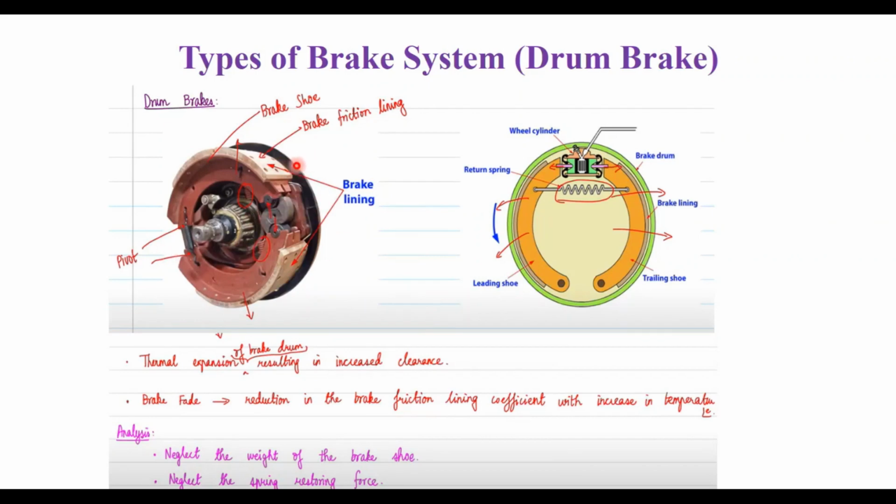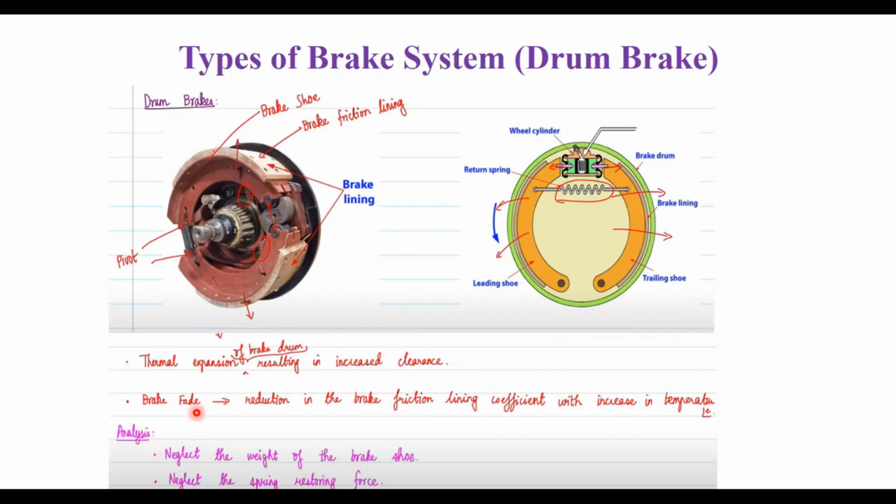Outside is the brake drum, and this is the leading shoe, and this is the trailing shoe. And you also have the return spring, and you also have the wheel cylinder. You also have the S-cam spring, and you have the wheels as well. And as I told you, the thermal expansion of the brake drum will result in the increased